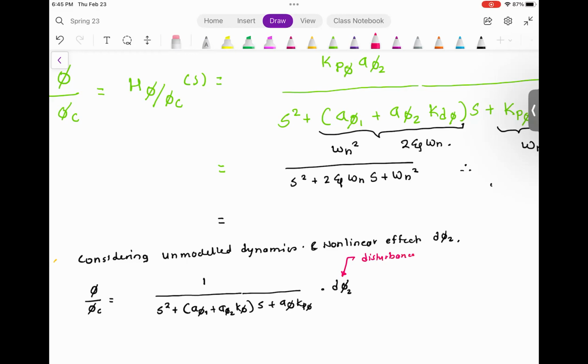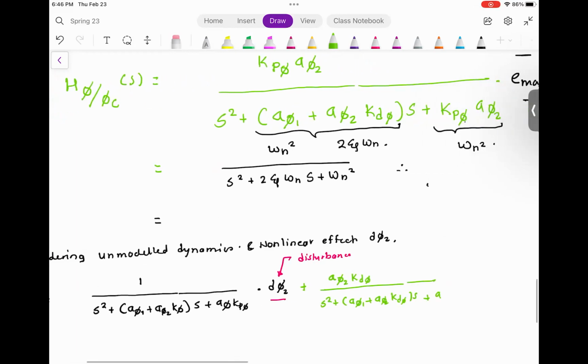Because please understand, now this transfer function has this dP2, and what we do is we take this out from here and represent it separately, something like A phi 2 KD phi divided by S square plus A phi 1 plus A phi 2 KD phi S plus A phi 2 KP phi